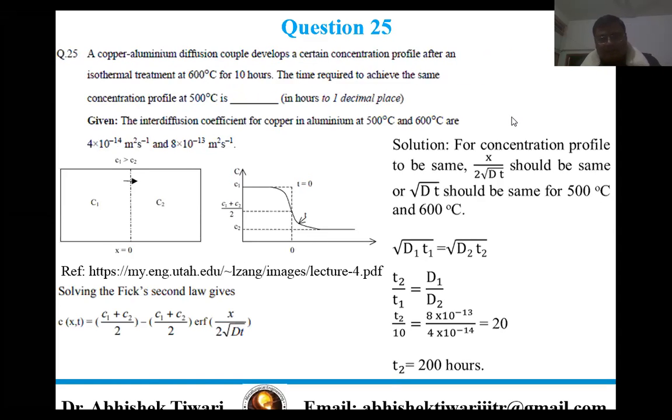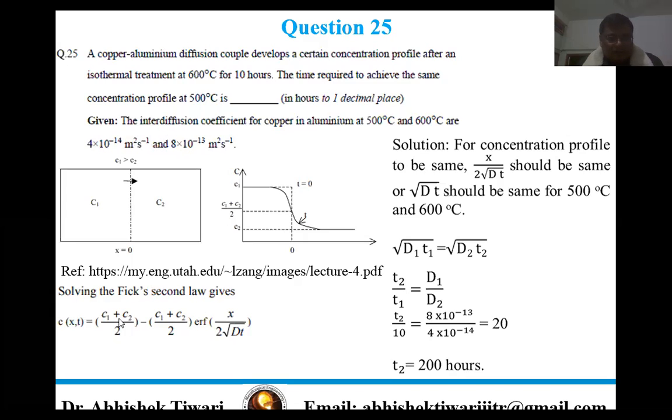Question number 25. A copper aluminium diffusion couple develops a certain concentration profile after an isothermal treatment at 600 degrees centigrade for 10 hours, and the time required to achieve the same concentration profile at 500 degrees centigrade is. Interdiffusion coefficients for copper in aluminum at 500 degrees centigrade and 600 degrees centigrade are 4 into 10 to the minus 14 meters square per second and 8 into 10 to the minus 13 meters square per second. So for